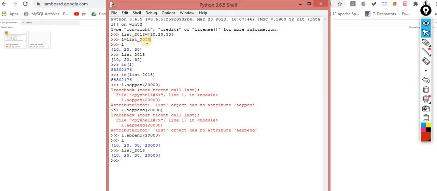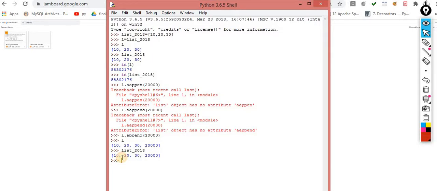This type of question came inside interviews or into the Microsoft examination as well. So what I want is that when I make a change over here, it should not be reflected to this one, and when I make a change over here, it shouldn't be reflected to this one. So this is my concept. But in the first scenario, I want the L value to be similar to this value. So now observe this scenario.